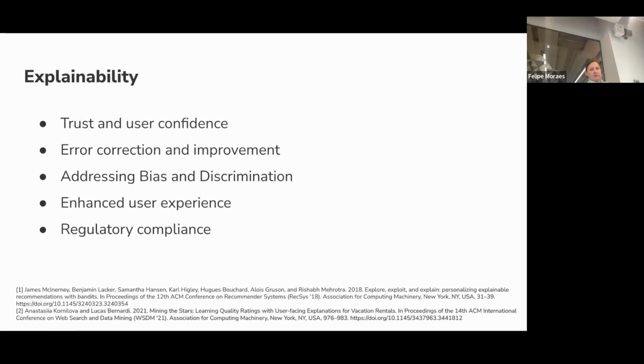There is a set of techniques called ML explainability, and the idea is basically that by providing explanation for your model, you can address that bias and discrimination, potentially, or at least have some insights. You also do error correction and improvements, because sometimes you develop a model, especially if it is a black box model, and you can just deal with ML metrics like accuracy, F1 score, whatever.